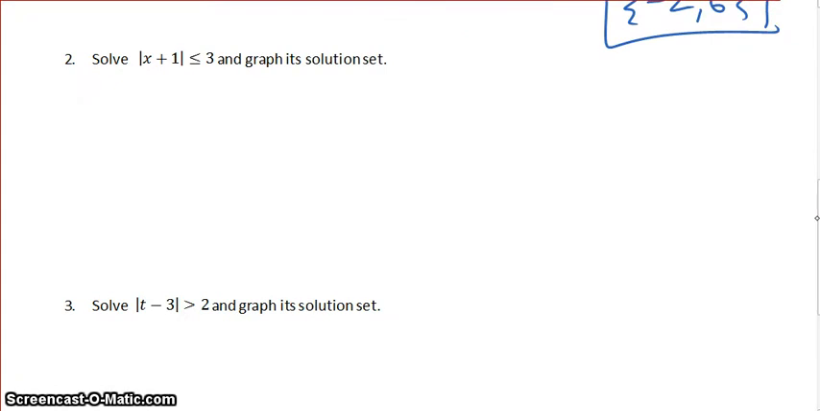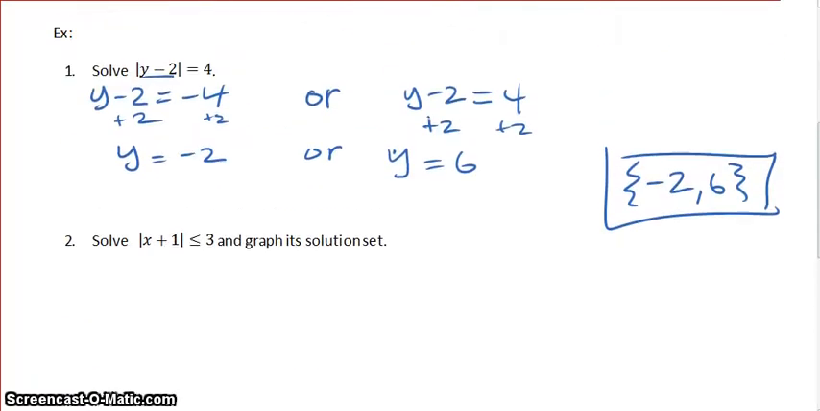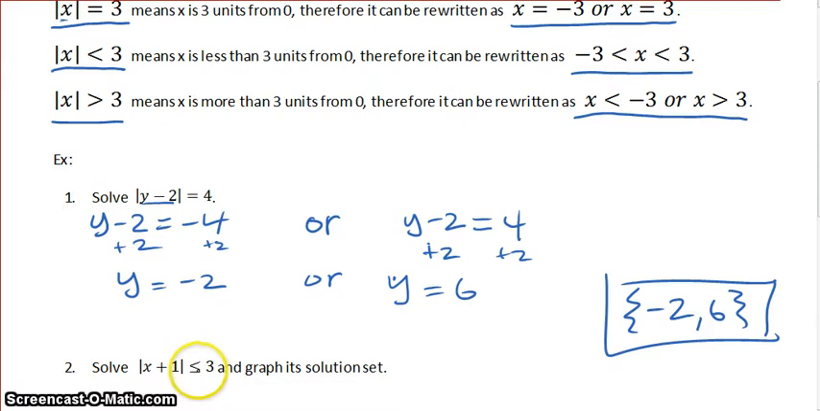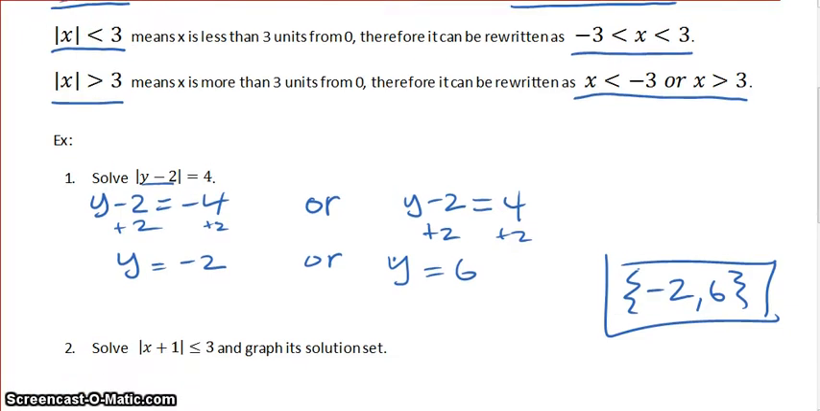This one, we have solve the absolute value of x plus 1 is less than or equal to 3, and graph its solution set. Well, first, we need to go back and look at the pattern because we have not memorized it yet, I'm assuming. You see I have a less than or equal to sign, so I'm going to use this one right here, okay? So I take the inside of the absolute value, which happens to be x plus 1,